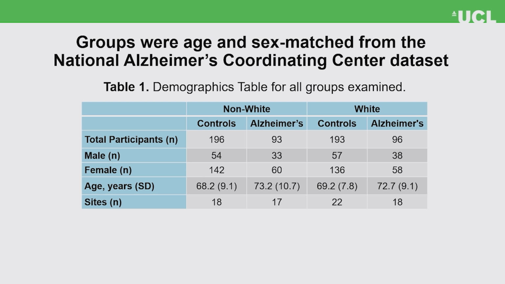Maybe. Okay, sorry. Well, that's the main way that the numbers dwindle down to these groups. And also, because of the number of individuals that were in the non-white group, there's not that many after you do all those reductions. So because we age and sex match, the numbers greatly reduced.